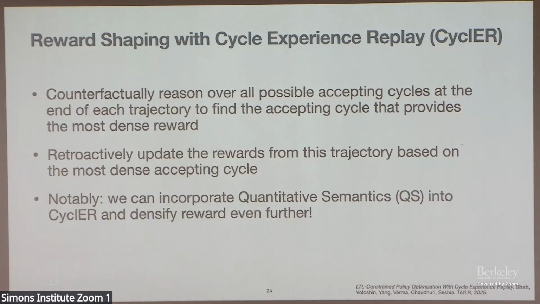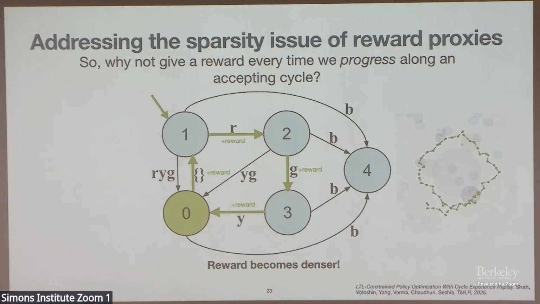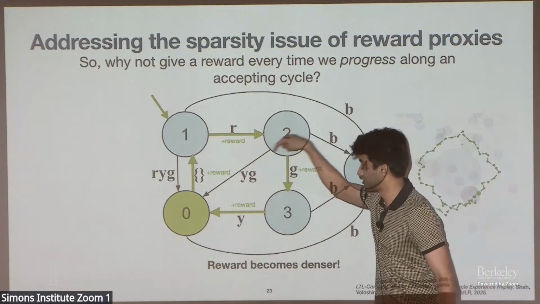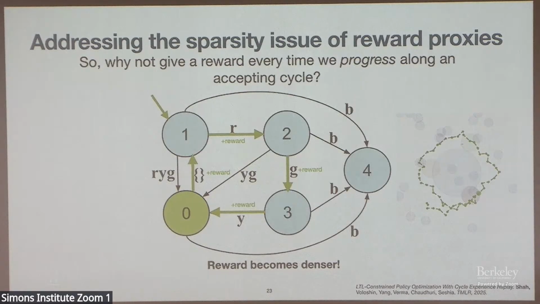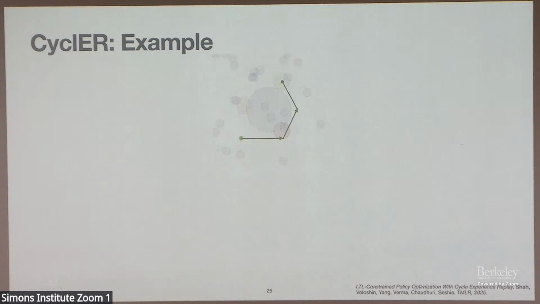One thing I'll just make a note of, there are a ton of details because we make a guarantee on the correctness of this shaping. And there are a number of details that are required to get that guarantee that I'm not going into in the context of this talk, but I'm happy to discuss. But one neat thing about our reward shaping technique is that you can use quantitative semantics. So it doesn't just have to be 1s and 0s. You can reward progress you make towards taking transitions in a cycle, as opposed to just taking those transitions themselves. And that helps make reward much denser, which is really valuable.